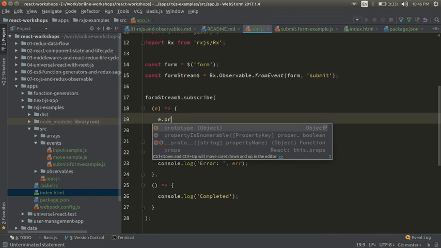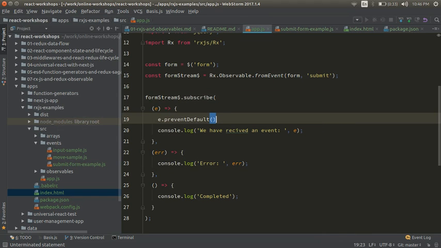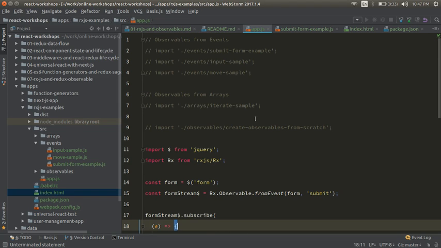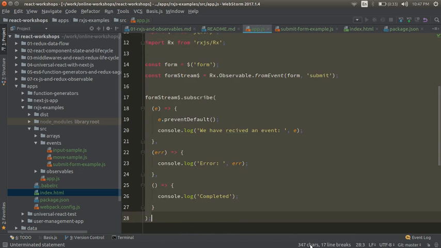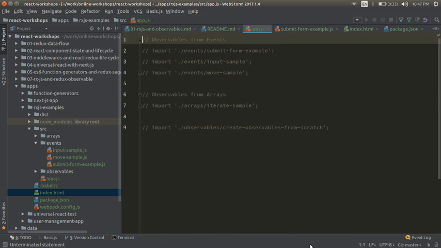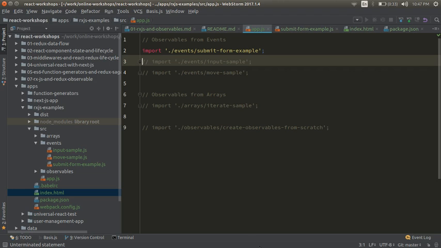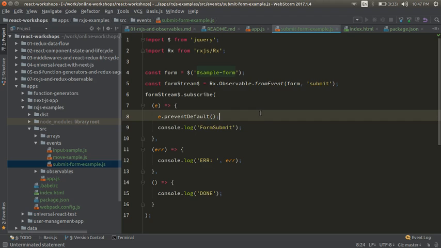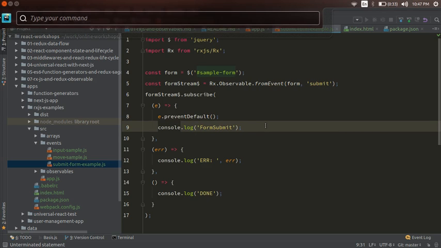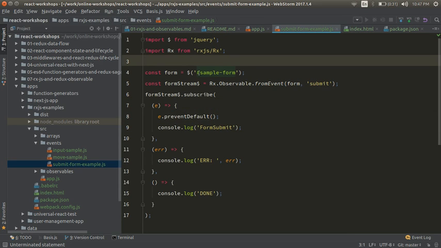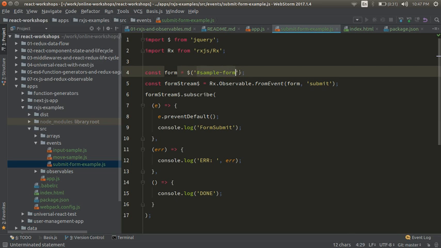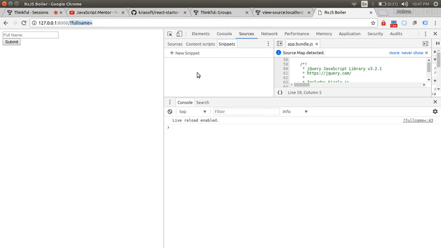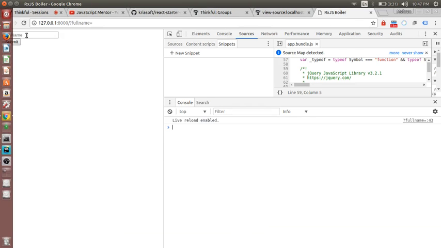e.preventDefault. This is something that we need to do. So let's just say that I could now remove all this code and uncomment the first import that I have here. I have already written this code here, and as you see, it's exactly the same, with one single difference, that here I have used the form ID instead. So if I reload the page and I click on this,